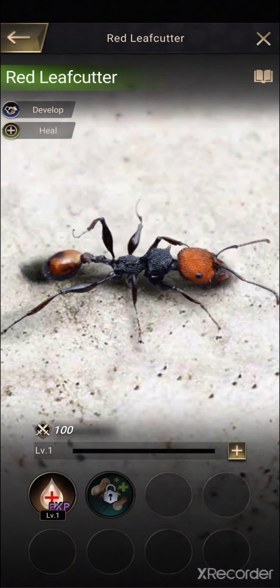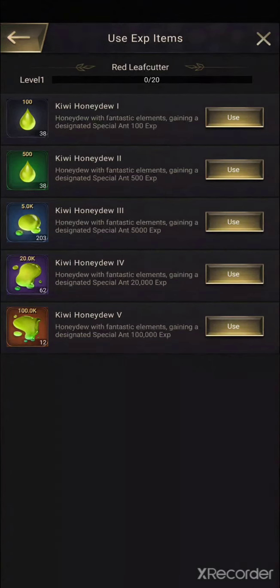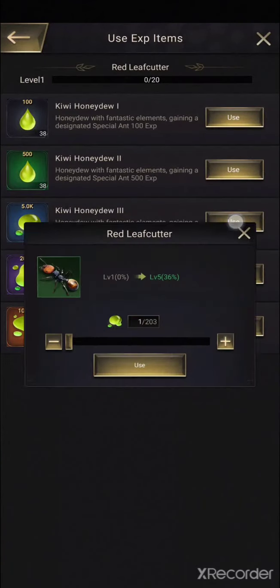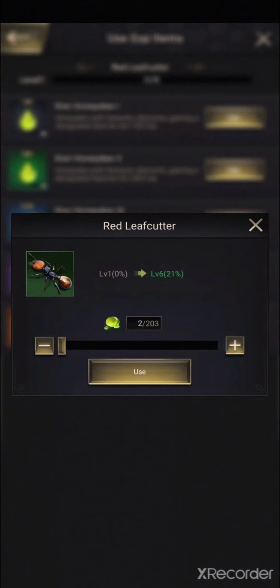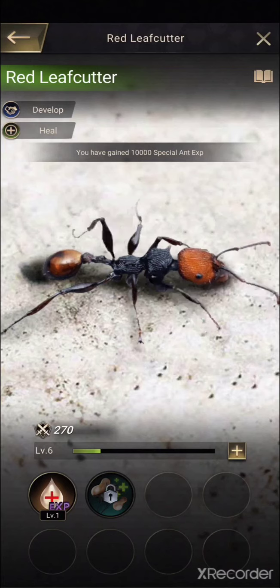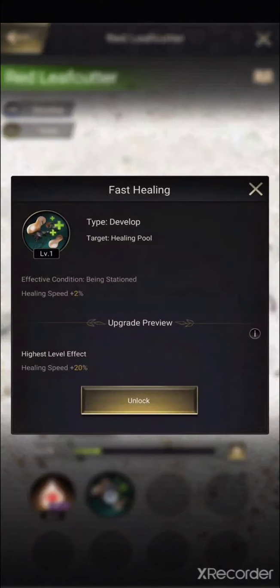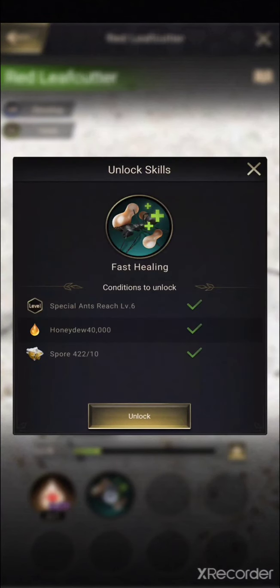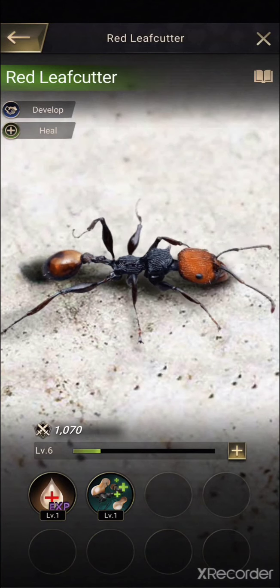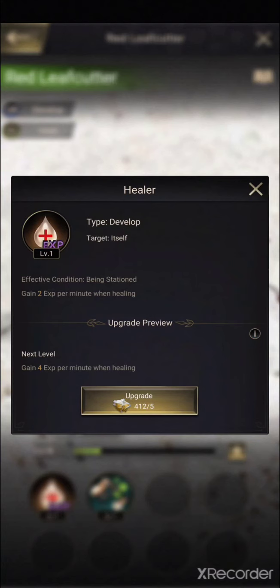Right, so what I'll do is I will go in here and use my kiwi honeydew. Just 1 piece of that. Alright, just 2 pieces of this will upgrade it to level 6. I want to unlock the skill. That's going to cost me 10 spores. So there's 1 skill unlocked, and then I will upgrade